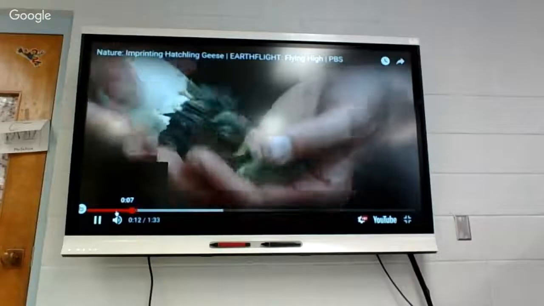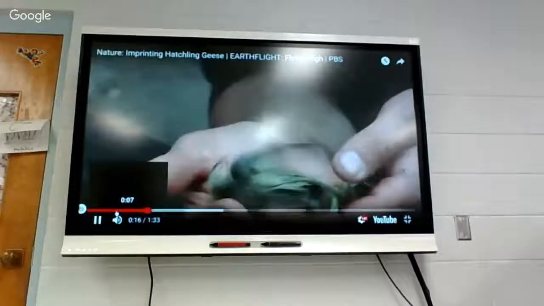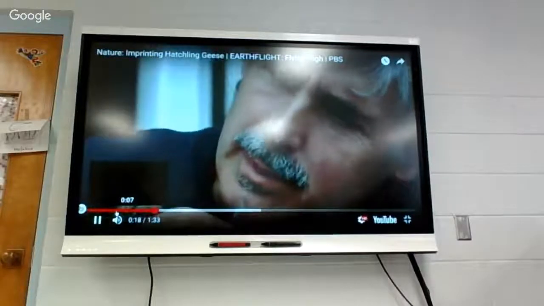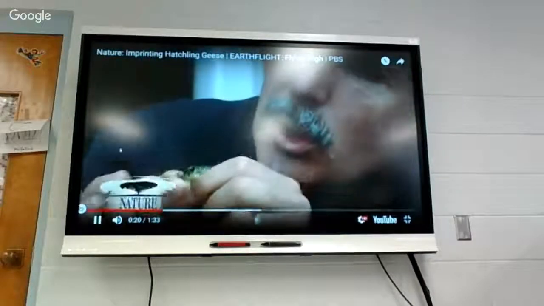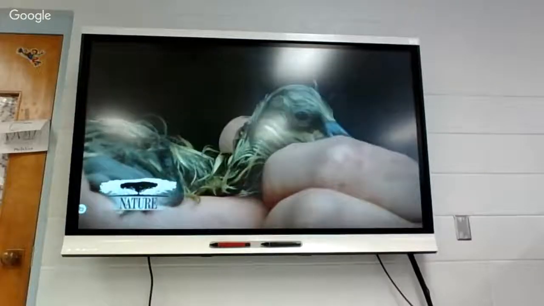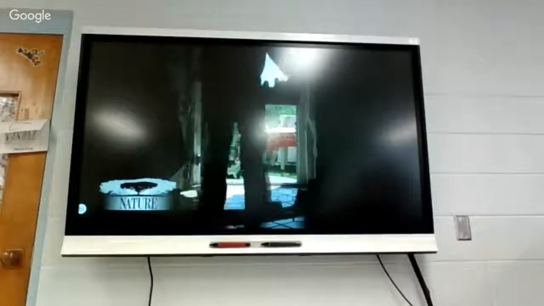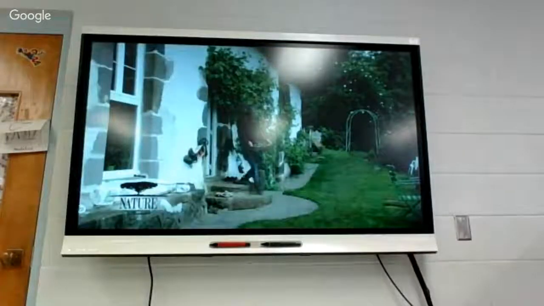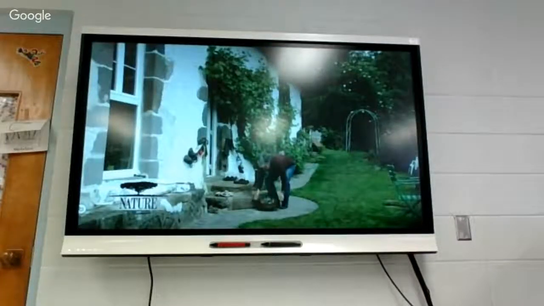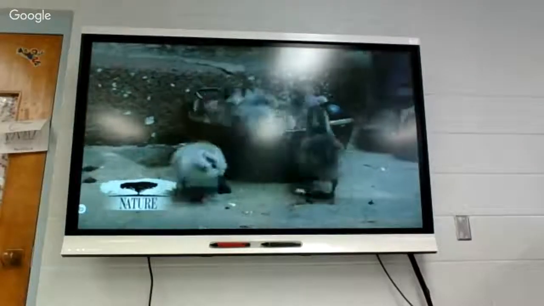For the first 2 years of their life, these chicks will think of him as mother. They'll trust and follow him above all others. It's a process known as imprinting, and it's something that many birds do from the moment they're born. A few hours later, the hatchlings are already following their oversized mother goose wherever he goes.